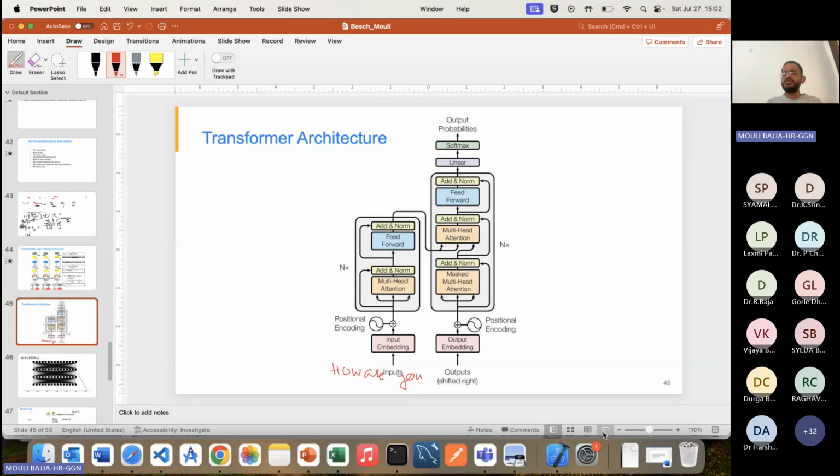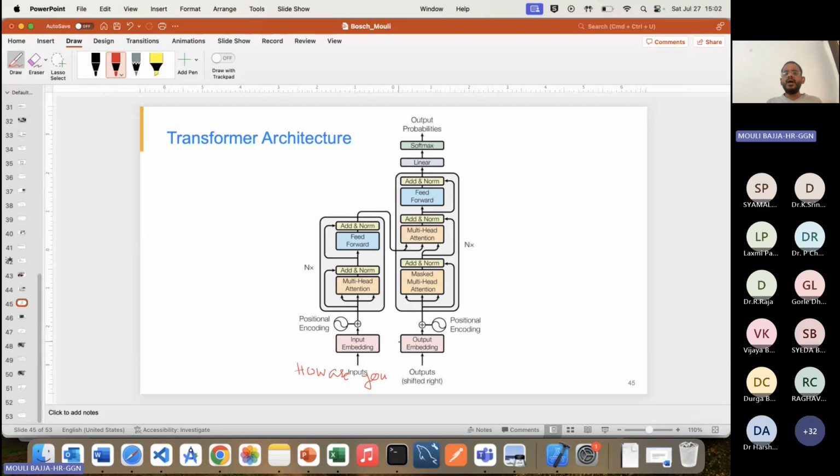Okay, now this is the question we passed. I'll keep it in this manner. The question here is, how are you? And it goes through either one or multiple blocks. And here it is showing it is connected to a layer here. And here it is also showing outputs shifted right. So when we ask the question first, there is no output. Output is 0. There is no output yet. Therefore, this particular block is 0.